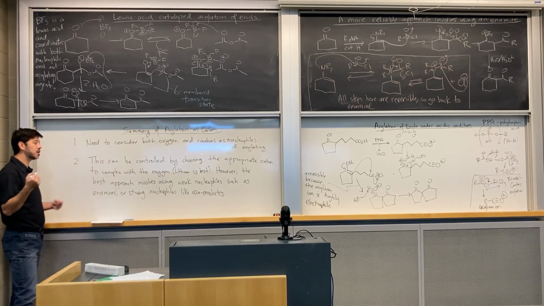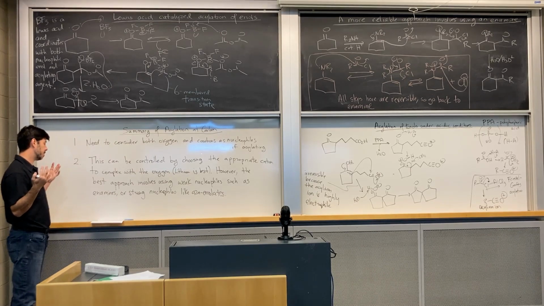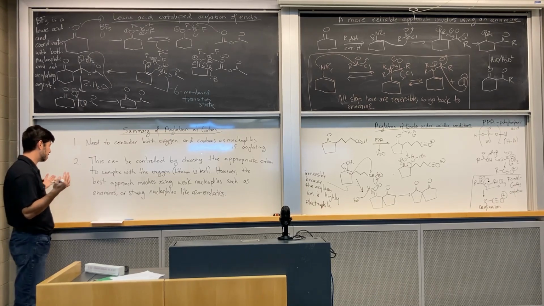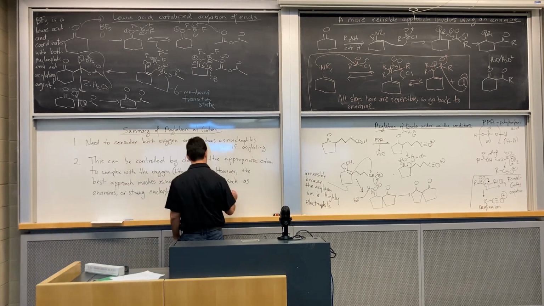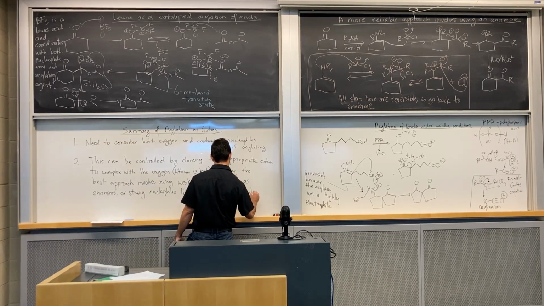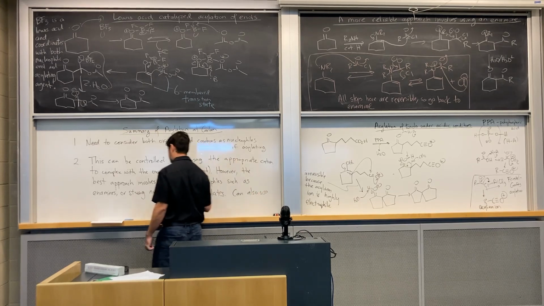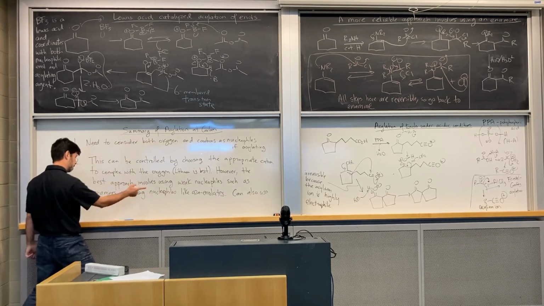And then finally, you can use polyphosphoric acid or BF3 to activate carboxylic acids with enols. And we just went through a couple examples. Can also use